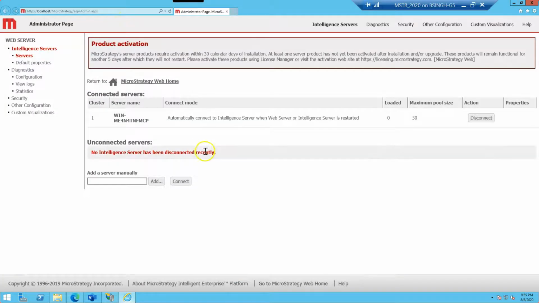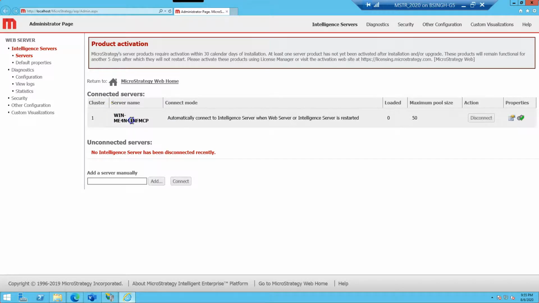Once you install your web server, you have to open this web page, and from this web page you have to enter your intelligence server name so that this web box can communicate with your intelligence server and get the data from your data warehouse into your reports and your dossier. Okay, it's just taking some time. Okay, now it's open.